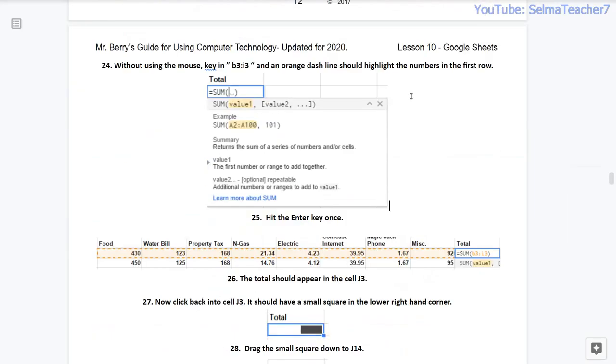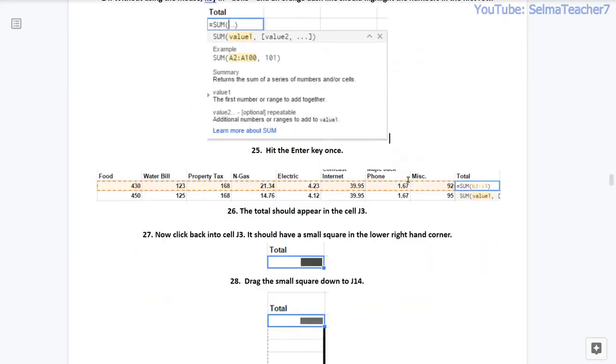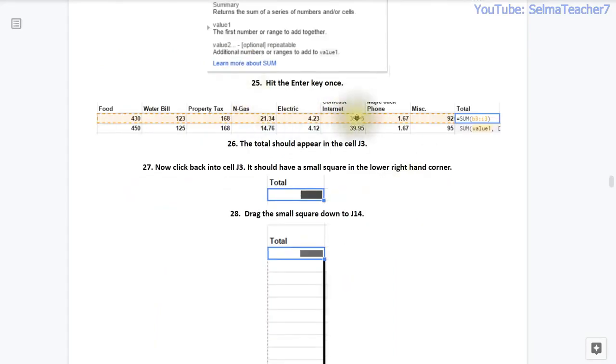Step 24. Without using the mouse, key in B3:I3 and an orange dash line should highlight the numbers of the first row. Step 25. Hit the enter key once. 26.